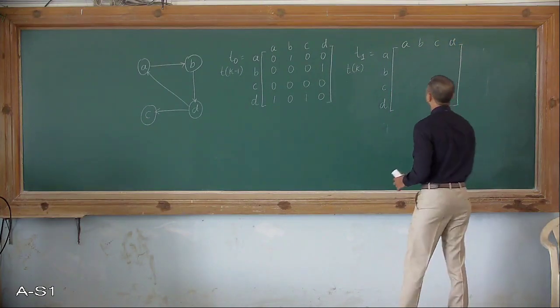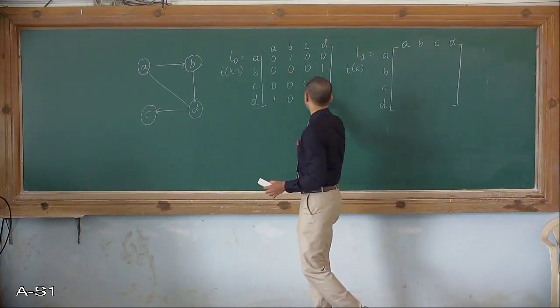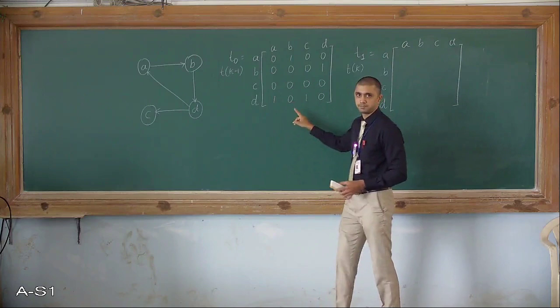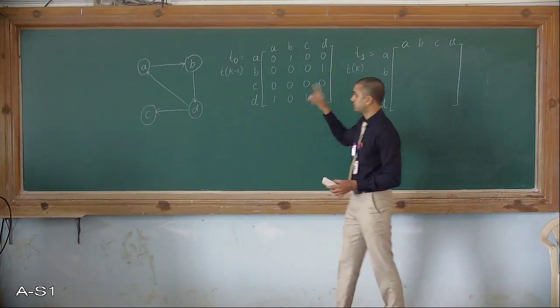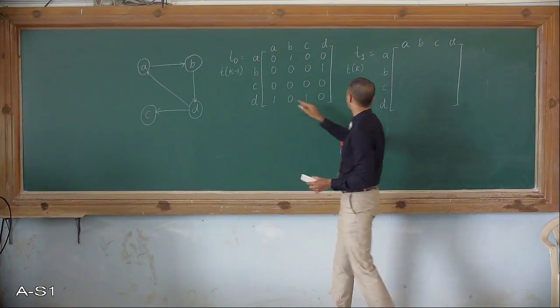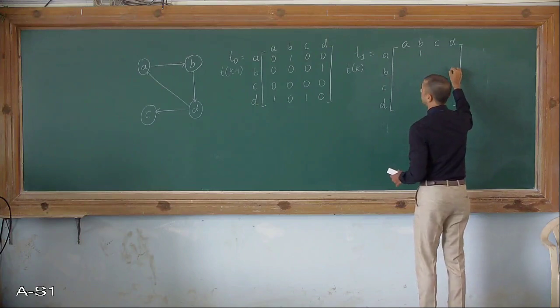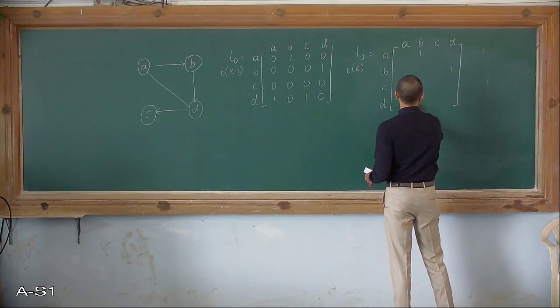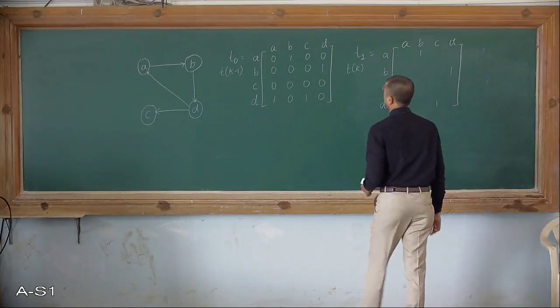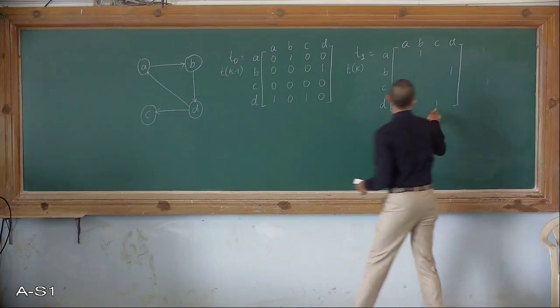Alright. So the first rule says that wherever 1 is there, I need to retain them. The first rule in that presentation says that wherever there are 1s, we need to retain them. So wherever there are 1s, just copy it down. Okay, so I have 4 1s over here. I have written 4 1s over here.